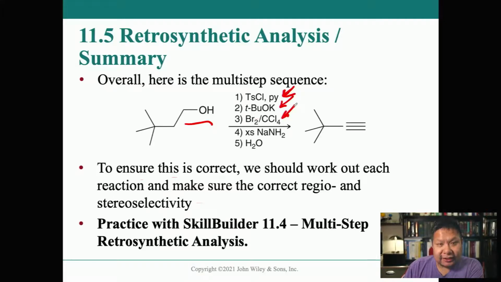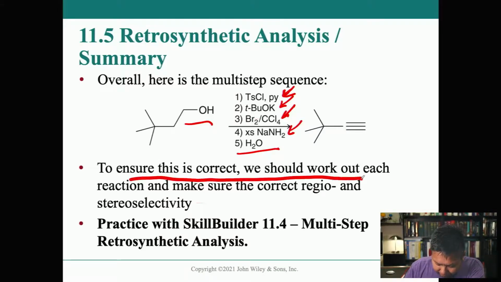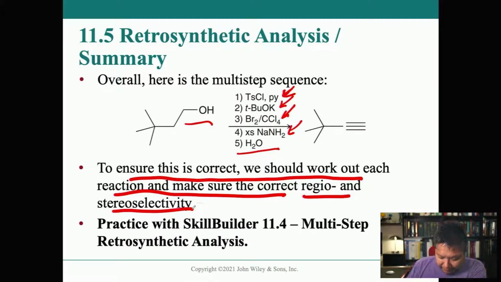We do bromination with bromine in carbon tetrachloride, then sodium amide to act as a base, and some water. To ensure that this is correct, we should work out each reaction and make sure of the correct regio- and stereoselectivity. So practice with Skill Builder